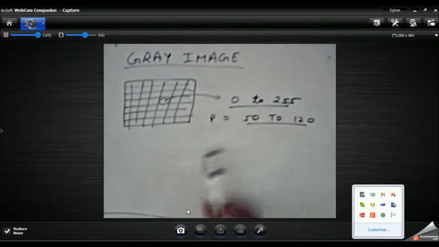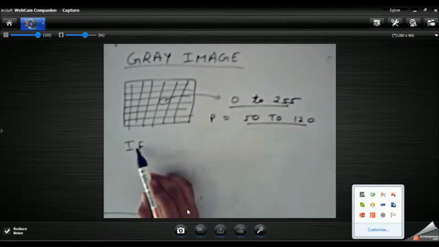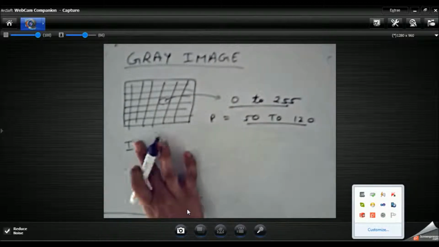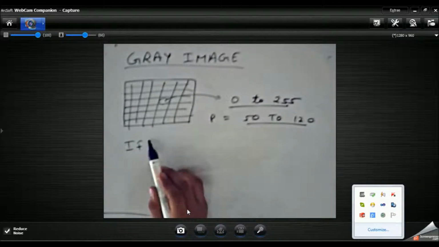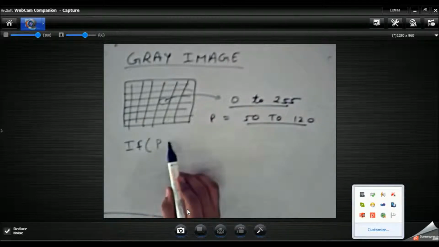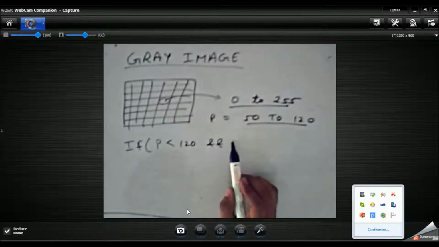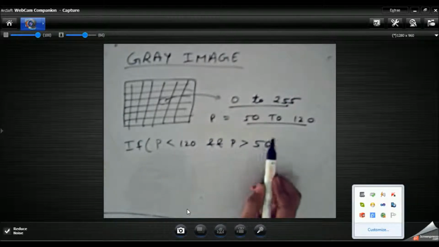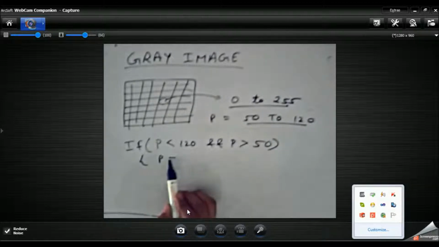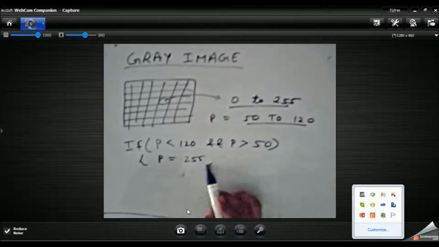Now let us apply the concept of thresholding on a gray image using simple C syntax. In C, we can use a simple if else statement for thresholding of a gray image. It can be done like this: if pixel value is less than 120 and greater than 50, then the pixel value is assigned a value say 255, that is white color.